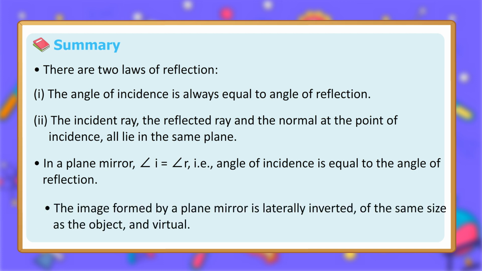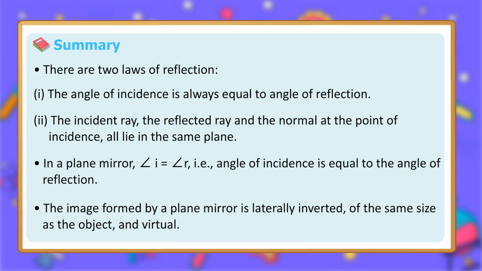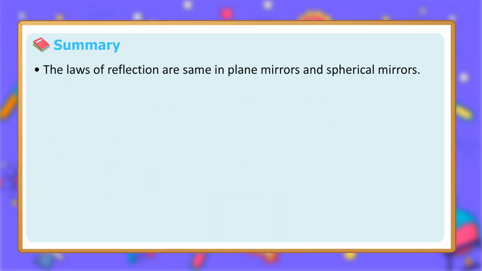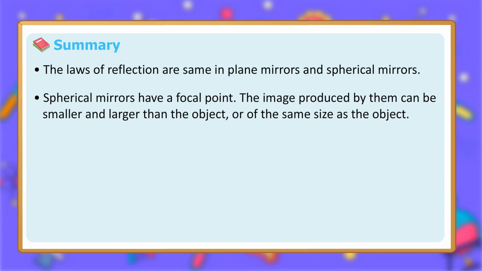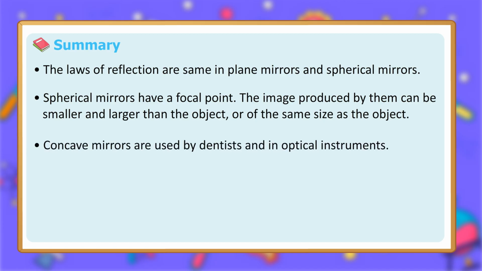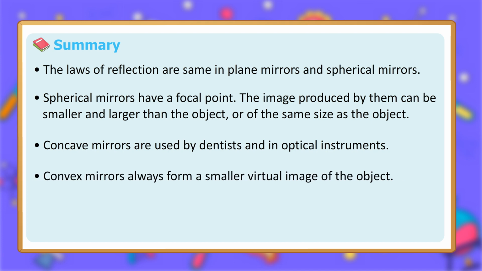angle of reflection. The image formed by a plane mirror is laterally inverted, of the same size as the object, and virtual. The laws of reflection are the same in plane mirrors and spherical mirrors. Spherical mirrors have a focal point. The image produced by them can be smaller or larger than the object, or of the same size as the object. Concave mirrors are used by dentists and in optical instruments. Convex mirrors always form a smaller virtual image of the object,